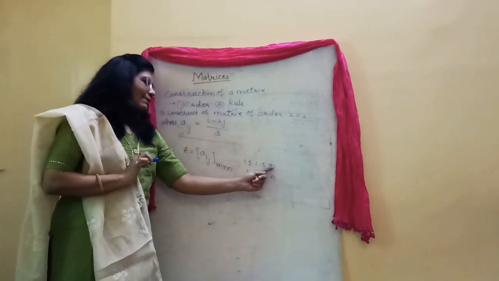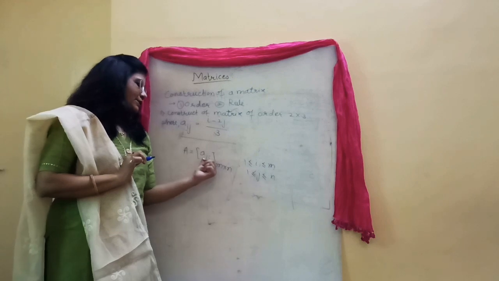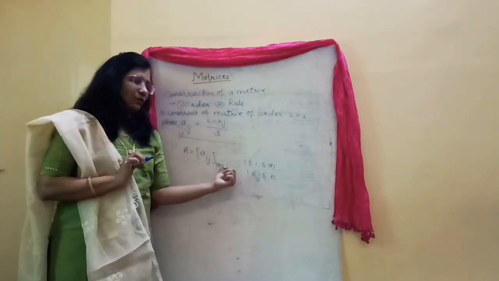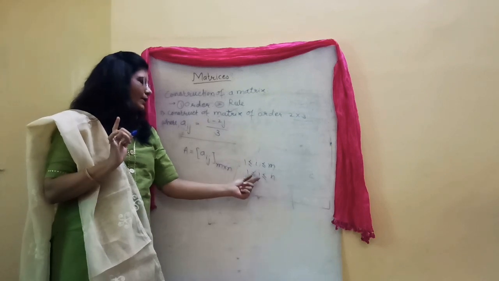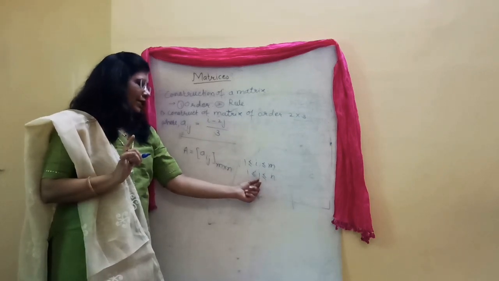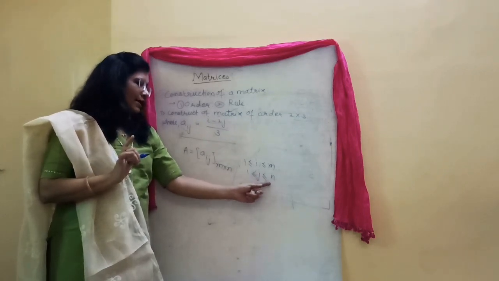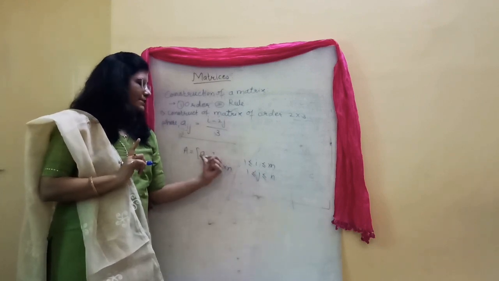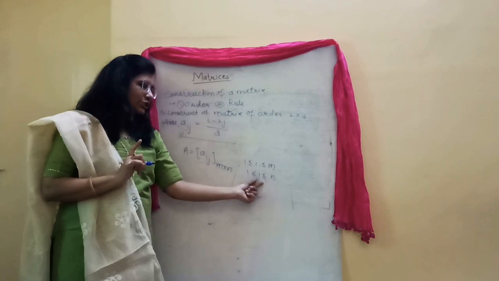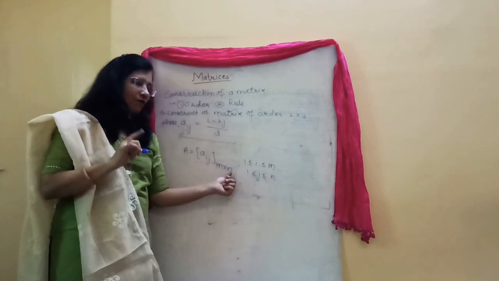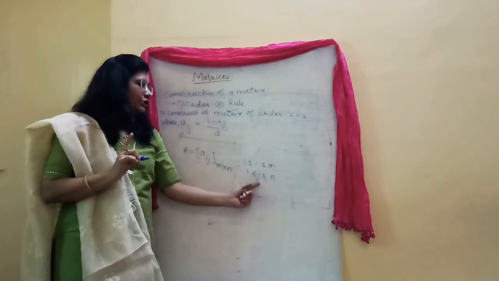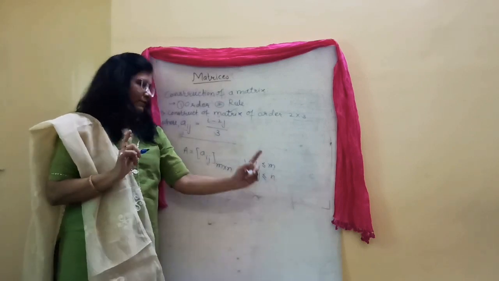Look here, because m is the number of rows and i represents the number of rows, so i must be less than or equal to m, because m number of rows are there in the matrix, and j should be less than or equal to n, because n is the number of columns present in this matrix. So this j represents the number of the column in which the element lies, and so j must be less than or equal to n.